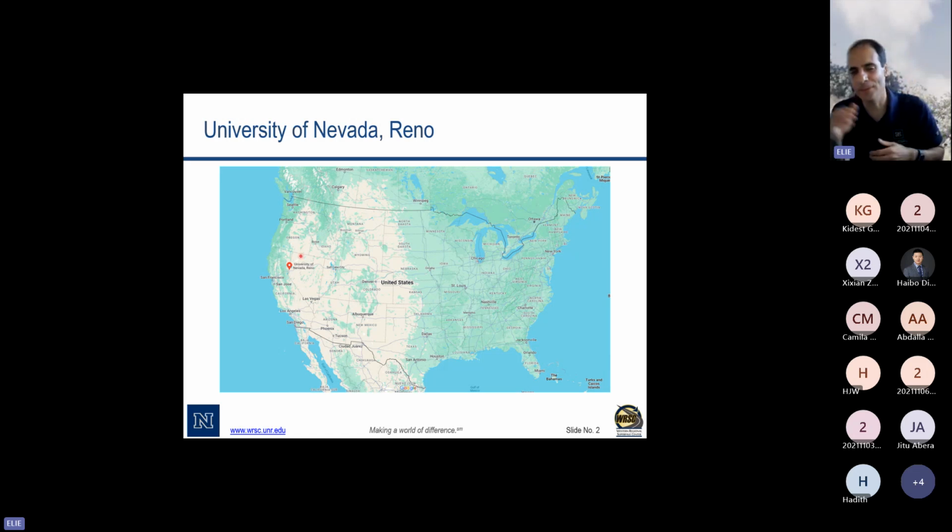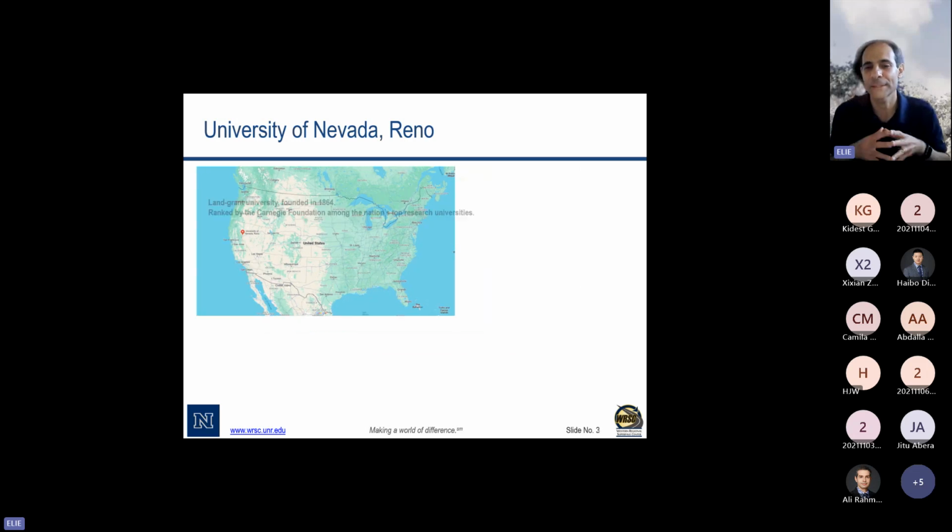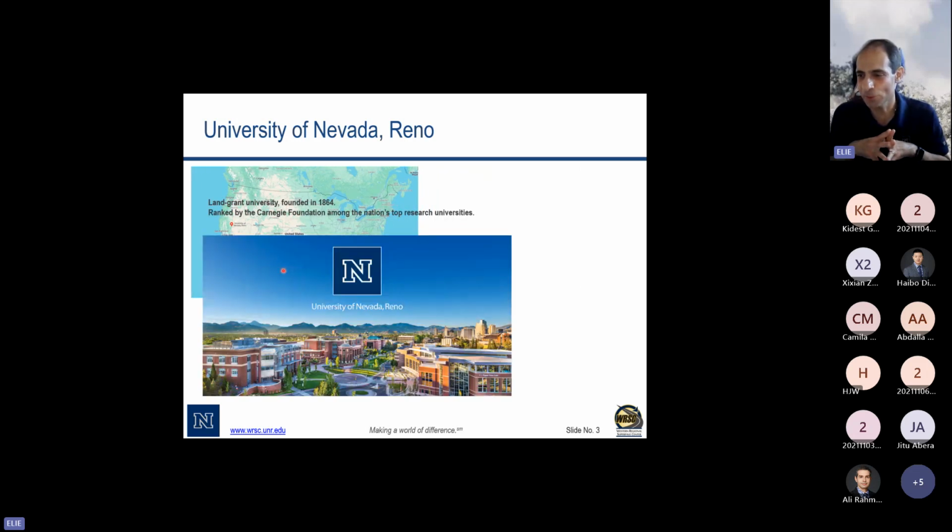I don't see your hands, but usually I ask the question, how many of you have been to Las Vegas? Las Vegas is the biggest city in Nevada, actually the largest city of the state. But Vegas is on the southeast part. We are here on the northwestern part. While the state in general is known for being a desert environment, Reno is actually closer to the border, and it's at a higher elevation.